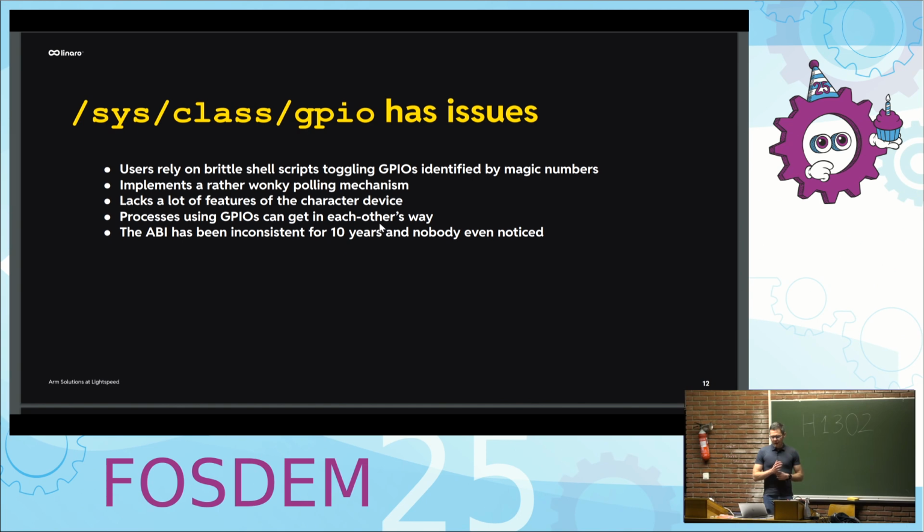And there has been an API inconsistency in sysfs that nobody noticed, and I just recently realized. Back in the days of the board files, if you exported a named GPIO, the link to it in sysfs would appear as its name. But for a DT-based system, device tree-based system, that's no longer the case. That was a big change, and nobody ever noticed. I just realized when I was working on a thing recently, and that got fixed.